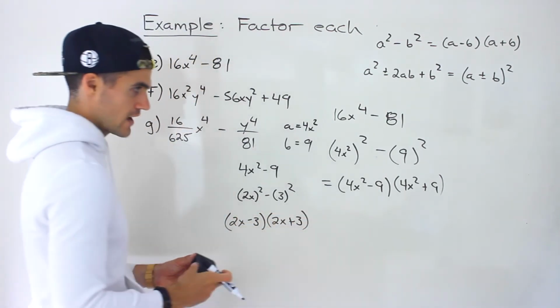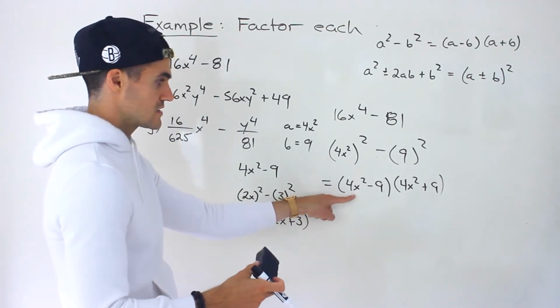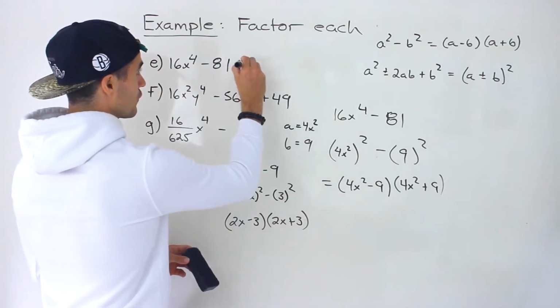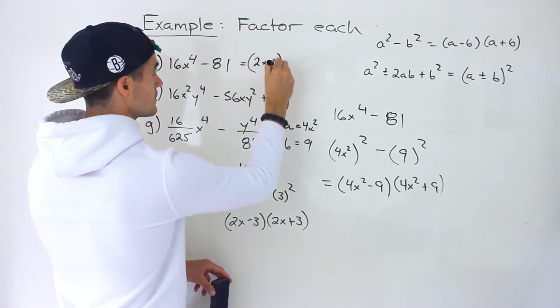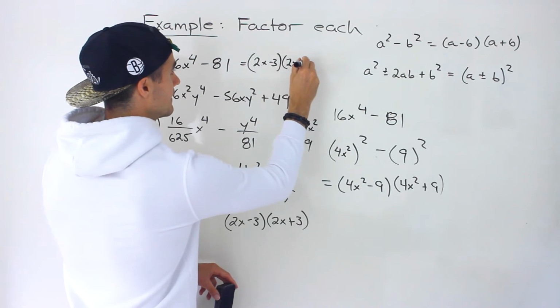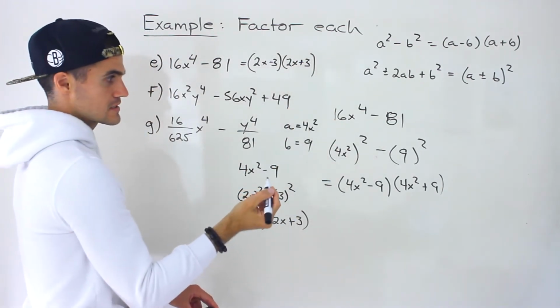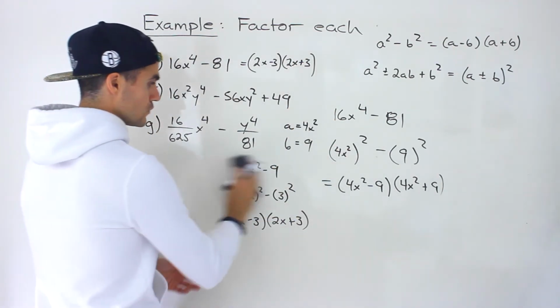Right? So always check, can you factor the brackets further? This bracket, we could further factor into these 2 brackets. So I'll write those 2 brackets. And then that final bracket of 4x squared plus 9, you can't factor that further. If you want to check